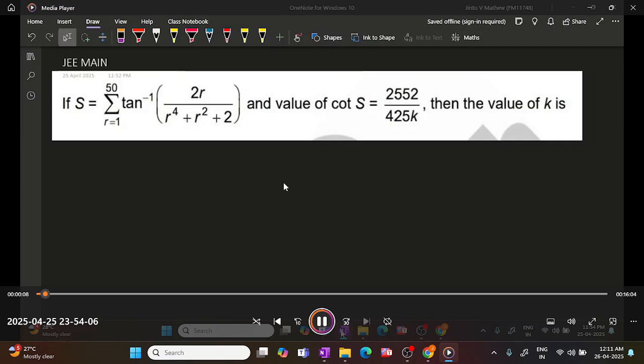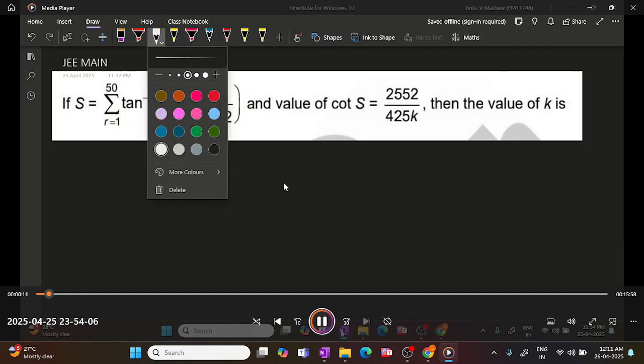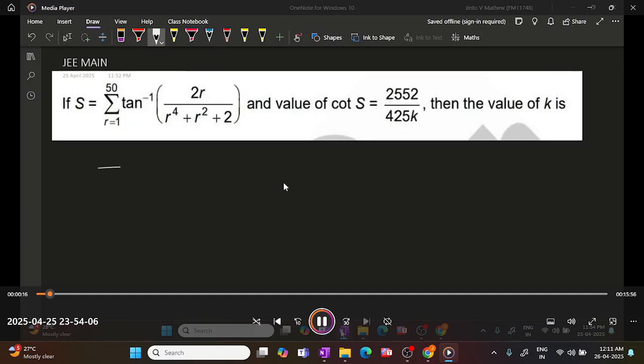Okay, let us see how to solve this question. This particular problem is based on telescopic series. So what is telescopic series? Telescopic series is a series